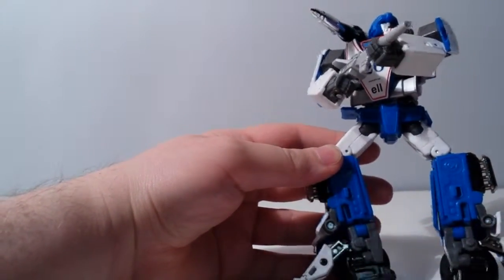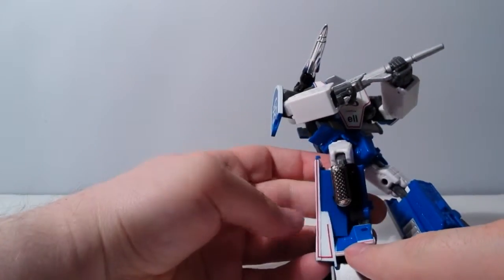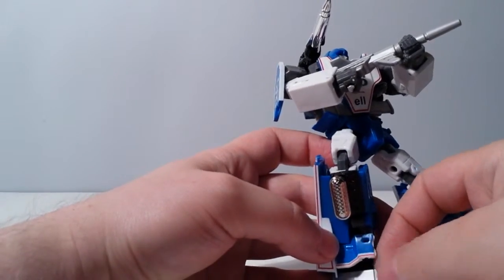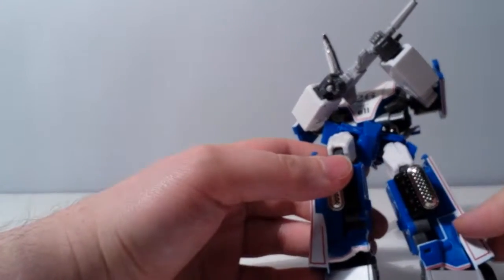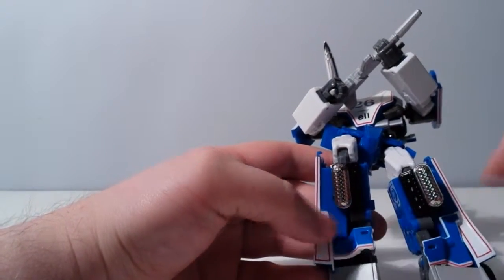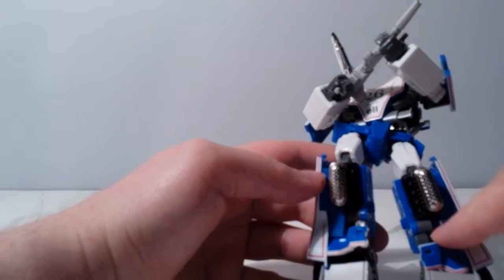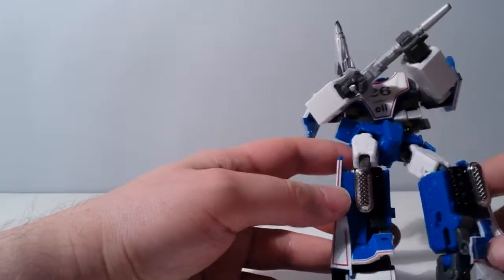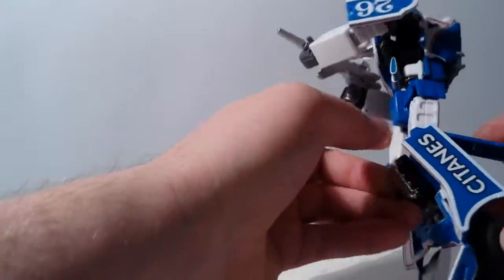comes down and sits flush here, and there's a little bump there, and I think that's where this is supposed to sit. So you see, like, this tab sits outside, whereas over here all the paint and the lines line up nicely, and this armature here, I don't know what to call it, but it's better hidden if you do it this way. So just to show how that works, this part normally would be